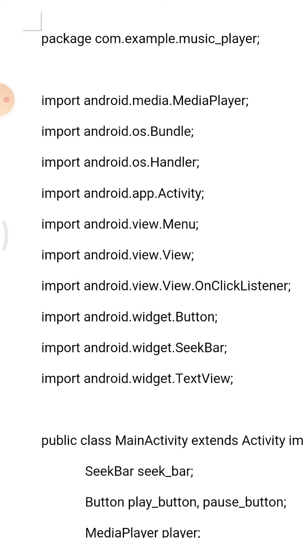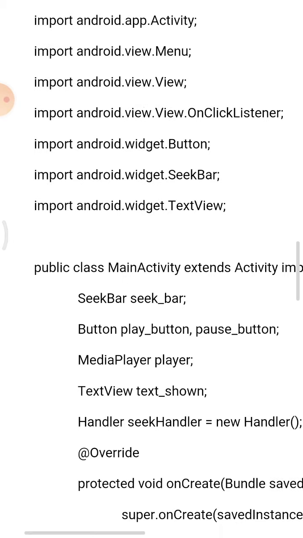Whenever you take components for the GUI, such as text view, seek bar, and button, the import android.widget.Button is automatically called.